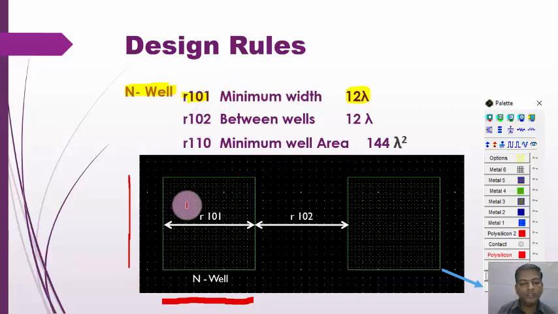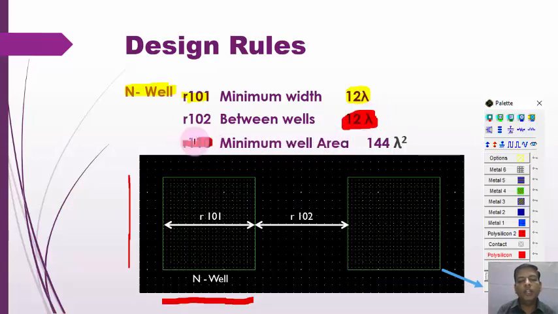R101 is the minimum width of that particular NVL area, either this side or this side we have taken 12 lambda. R102, between wells: if two wells are on the same platform, in between them again a 12 lambda distance is there. So R101, R102, it is 12 lambda. Have you got it? Okay.